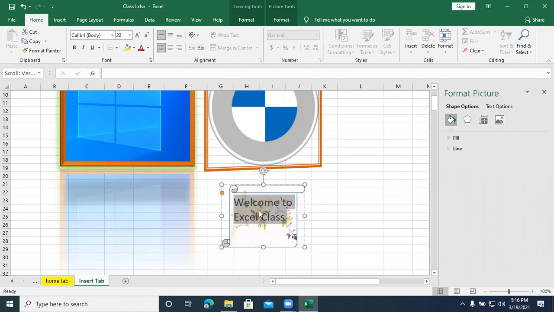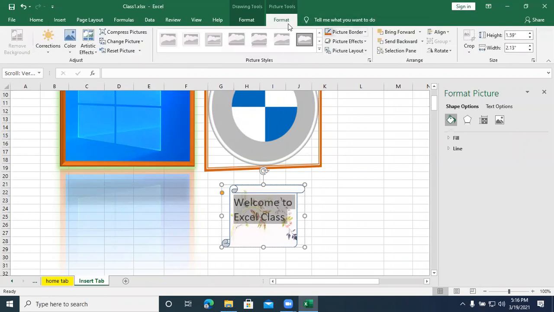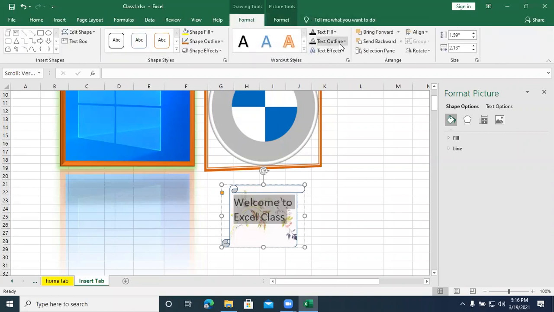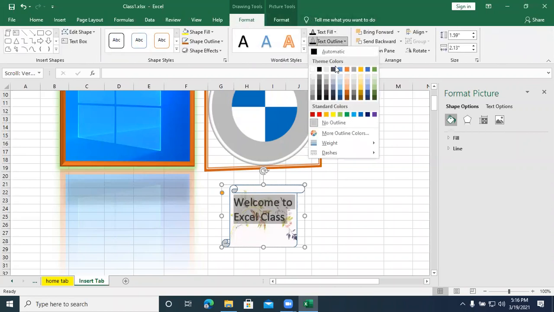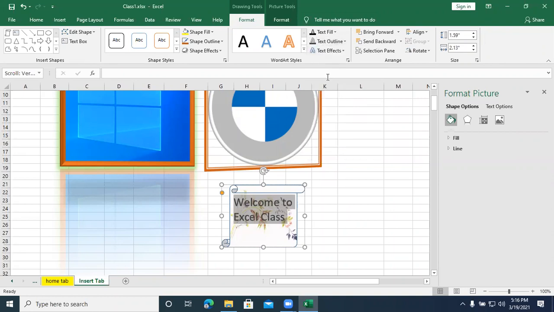I can also go back to your format and outline color. I'll fill with black, or a different color also you can fill. There is one yellow shape, yellow circle shape. You can see that. This is to modify your shape. However you require, you can modify your shape. You can increase the size also.